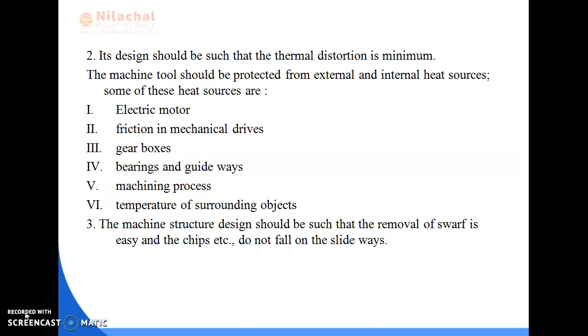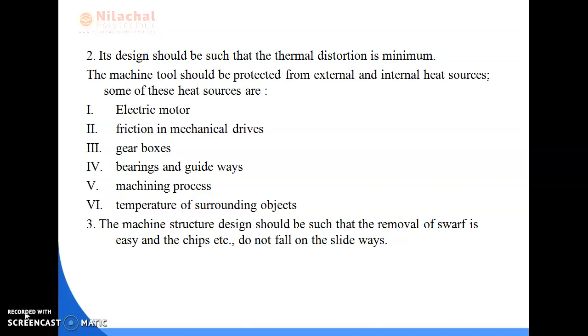The machine tool should be protected from external and internal heat sources. Some of these heat sources, from where we can get this heat, are electric motors, friction in mechanical drives, gearboxes, bearings and guideways, machining processes, temperature of